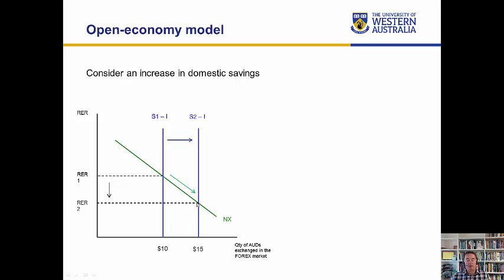So when the exchange rate drops, as we move along the green line to the new equilibrium, exports will increase as a result of the depreciation, and imports will actually go down. So exports go up, imports go down until we move to this new equilibrium. So you can actually develop quite a good understanding of what is going on